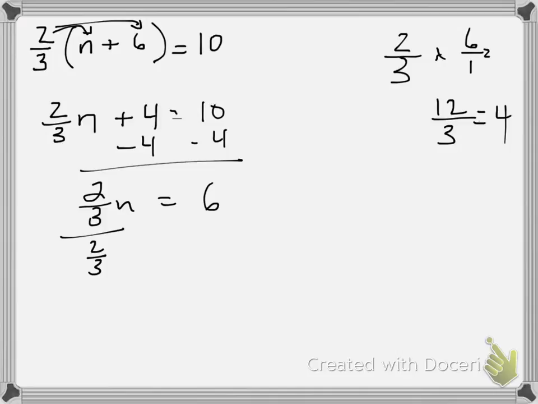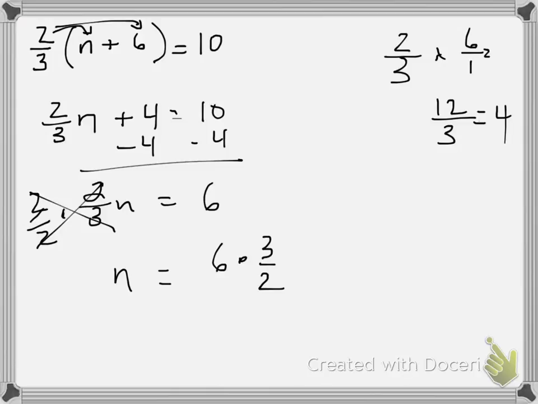So that might be a little clearer for us to see here, because remember, when we divide fractions we multiply by the reciprocal. So if I multiply by the reciprocal here, that would be multiplying by 3/2, and then I would cross cancel, and I would only be left with n on this side. Now on this side I have to do the same, which would be to multiply 6 times 3 over 2,